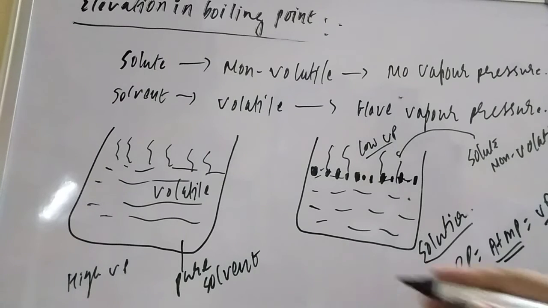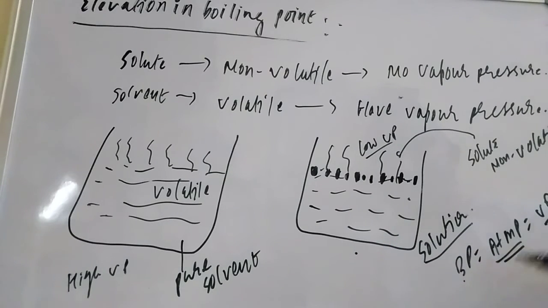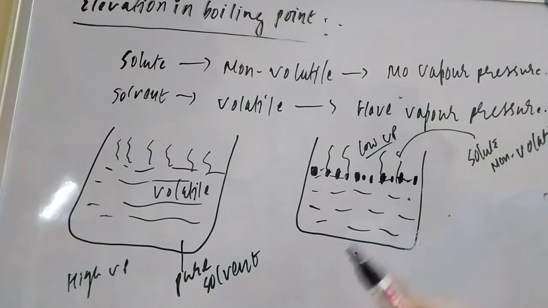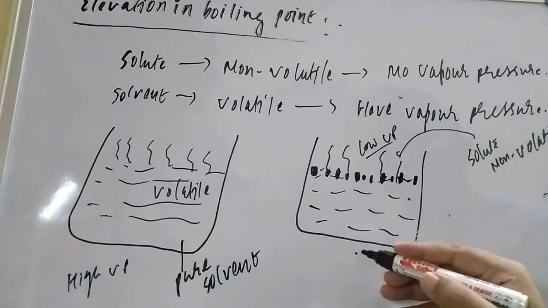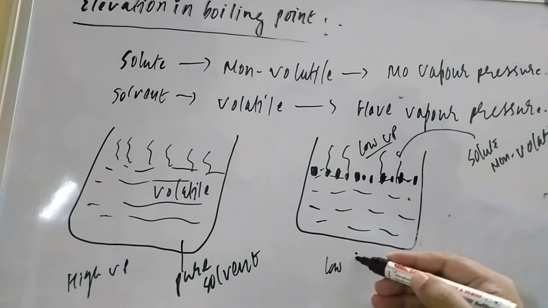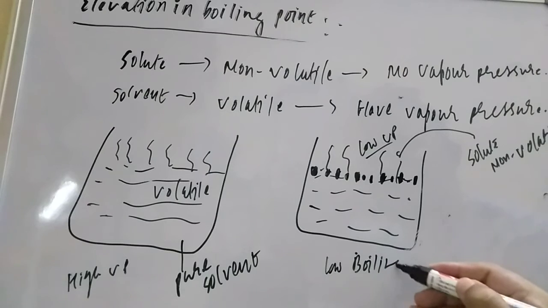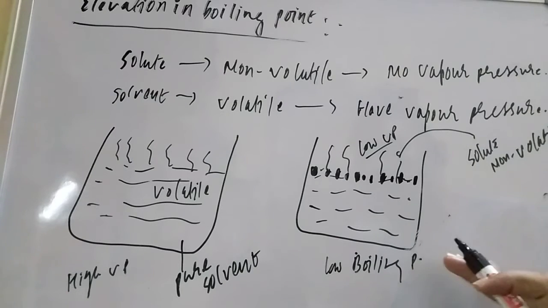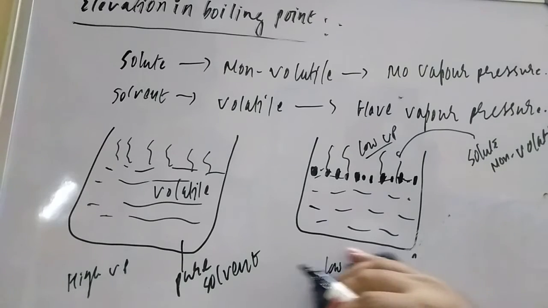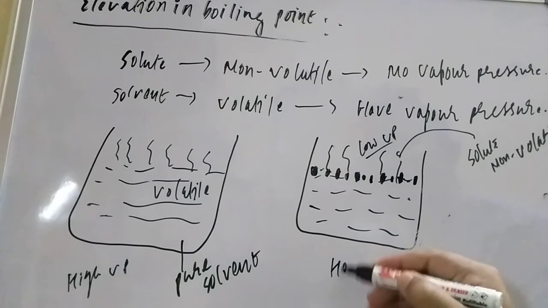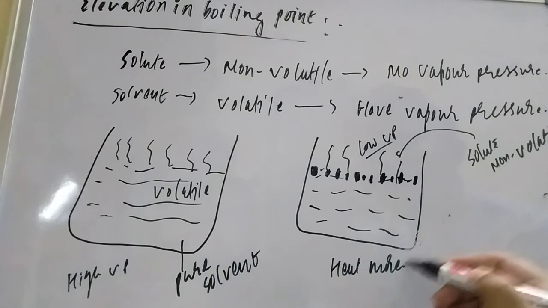So what do we have to do? You have to heat more, to equate them. It is not inversely proportional, actually it is proportional. So to get the boiling point you need to heat, because in the case of solution the vapor pressure is less. Less vapor pressure means a high boiling point, so to boil, what we have to do is heat at a high temperature, heat more, so more temperature is required.